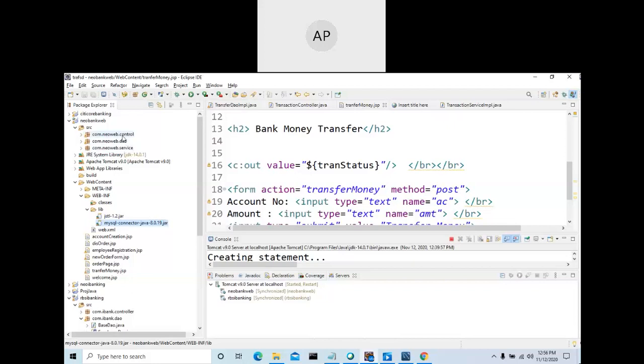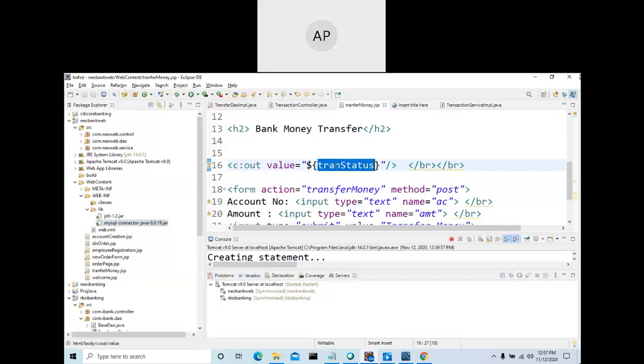So this is the package structure. This contains all the servlets, this contains all DAO related classes, this contains all service related classes. Instead of writing these two classes, you can write that logic here itself, but it is better to write in a more manageable way so that it is easy for other people to understand your logic. Only for maintenance reasons, we write database related logic in the DAO and business logic in the service layer, and in the control layer you have a servlet, and your JSP is the view layer.